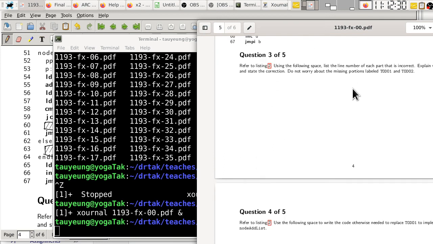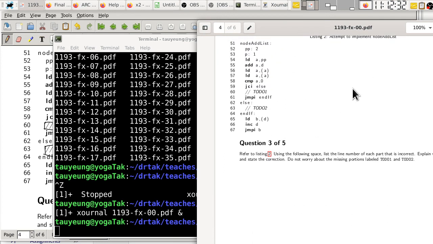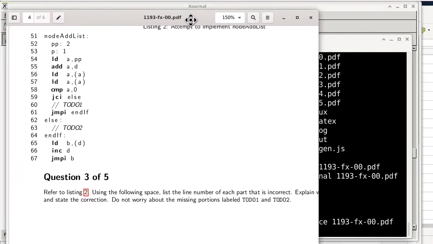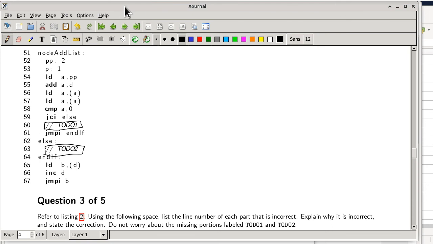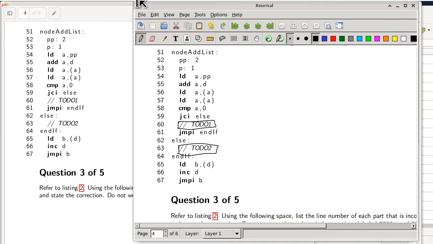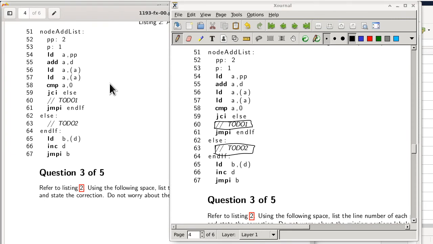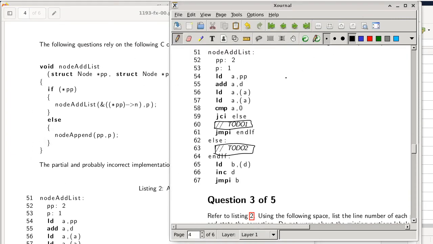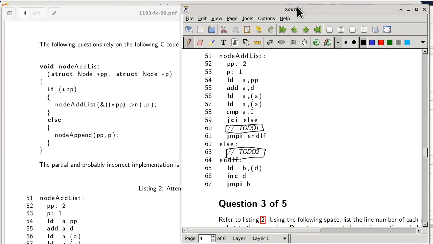And then we scroll to the question. This is already the question that we want. And then we'll magnify a little bit. There we go. All right, so we put it here. And then we have to resize this portion. So we want this part to look at the C code, and then this part to look at the assembly code. And now we can go back and comment on which line is wrong and how it is wrong. All right. So we are going to start with the